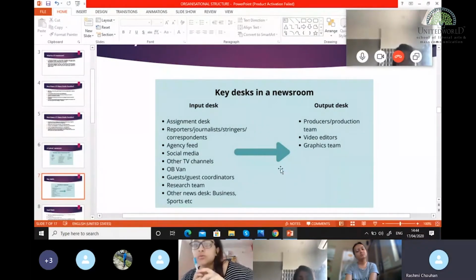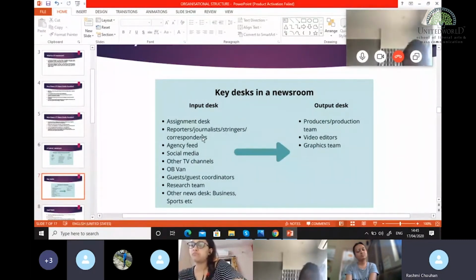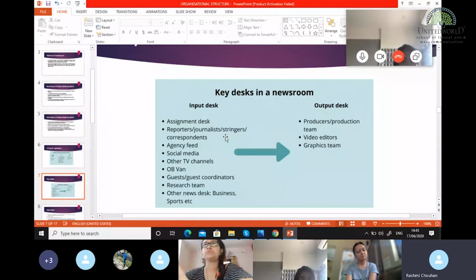Stringer. Who will tell me what is the difference between a stringer and a correspondent? See, a stringer is a freelancer, and a correspondent is on the payroll of a media organization, and more so they have a bigger role as compared to a reporter. Like I can be a city reporter, right? I can be a crime reporter, but if I'm a correspondent, that means I have a larger role to play. That means I'll be covering a particular area, maybe Ahmedabad. I'll be responsible for news in Ahmedabad or a particular kind of news in Ahmedabad. So it is kind of a senior position as compared to reporters.